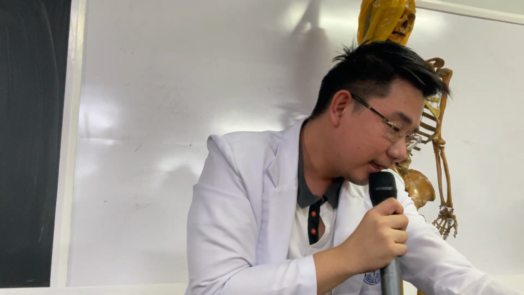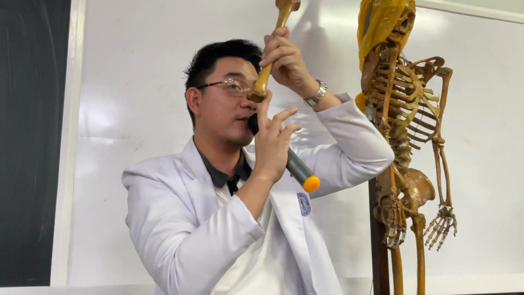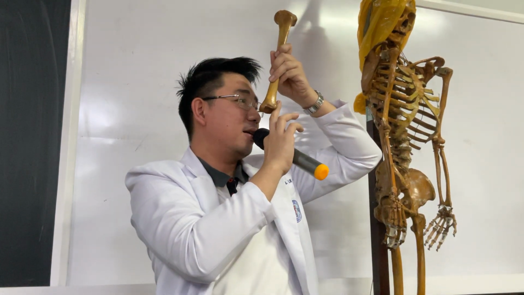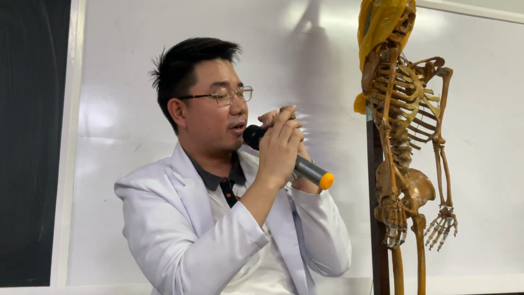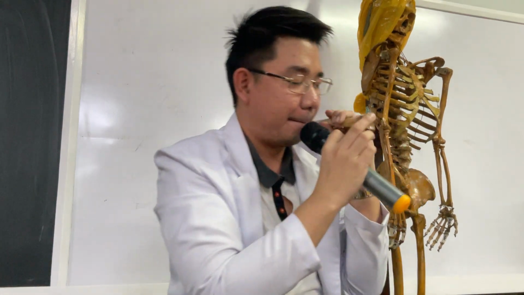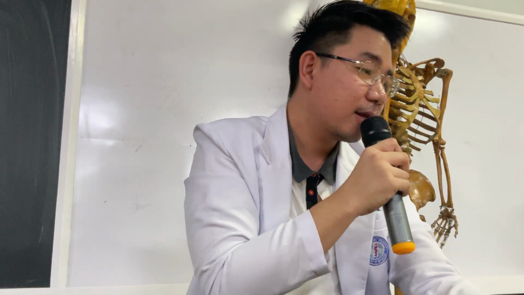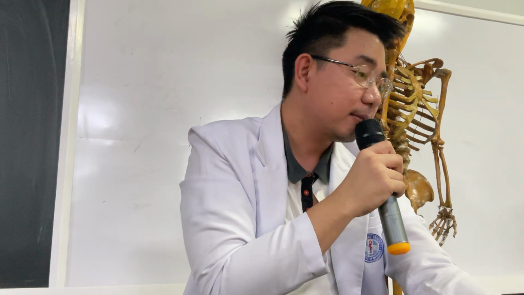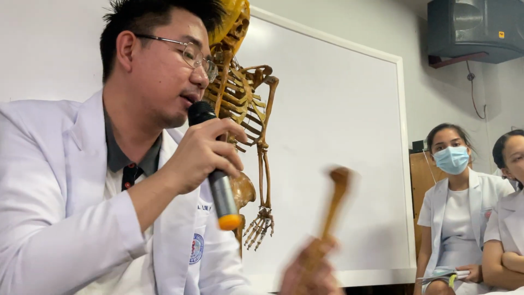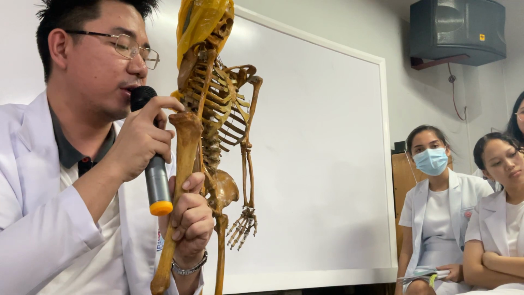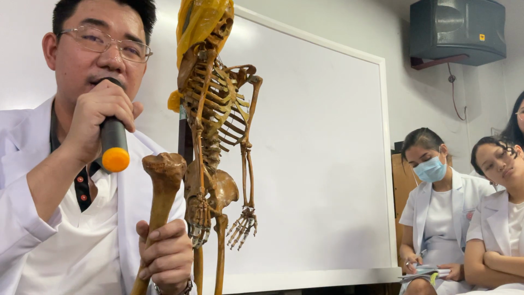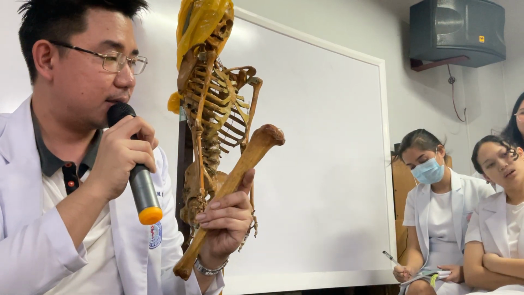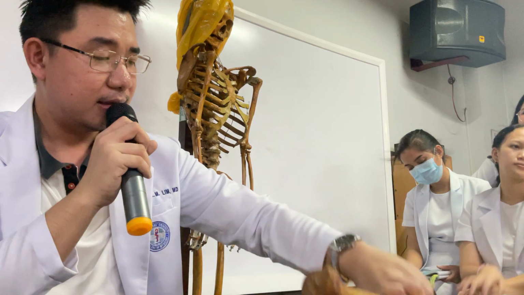What else? So the medial malleolus, this one, and you have the articular surface for the fibula. And then you have the inferior articular surface of the tibia. Anything else that I forgot? Intercondylar ridge. So you have two, one at the lateral and one at the medial side of the tibia. Any other questions for the tibia?